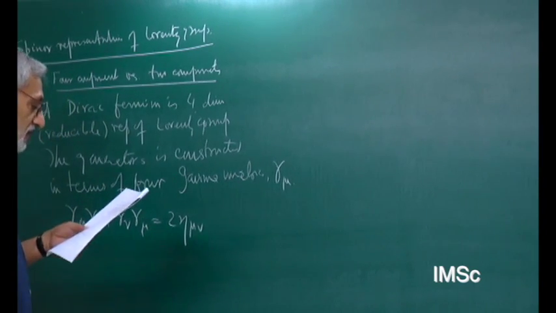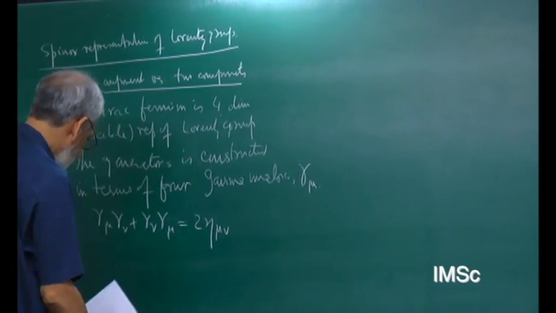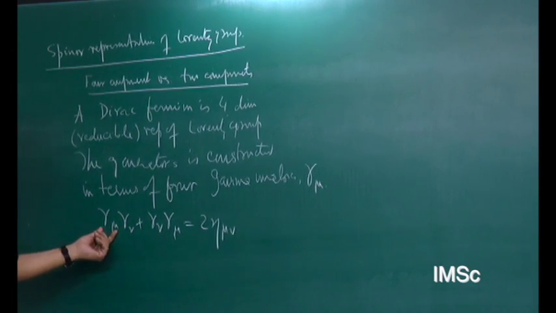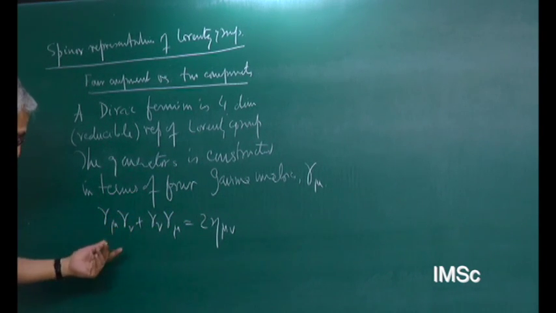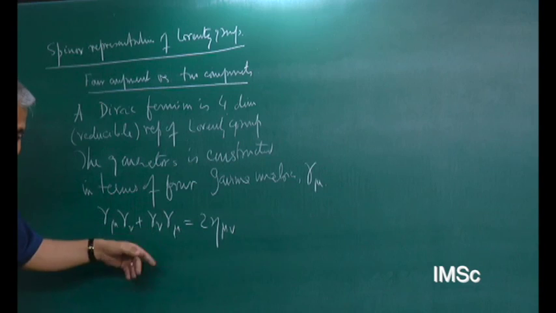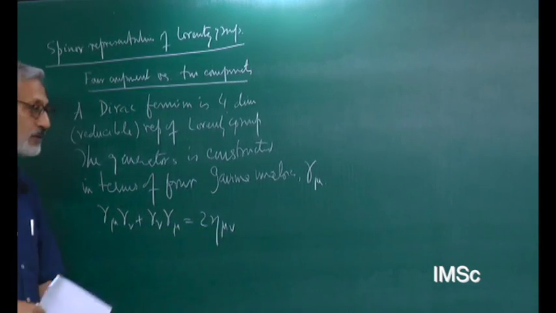Do I have a minus sign there? No. So each one is a 4 cross 4 matrix. There are 4 gammas, and each one is a 4 cross 4 matrix. Gamma mu times gamma nu plus gamma nu times gamma mu is twice eta mu nu, and eta mu nu